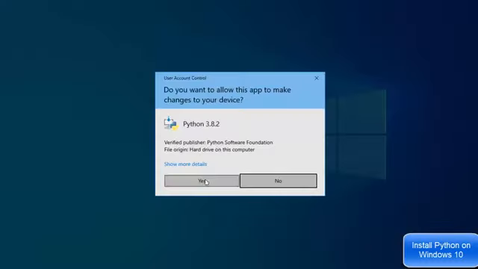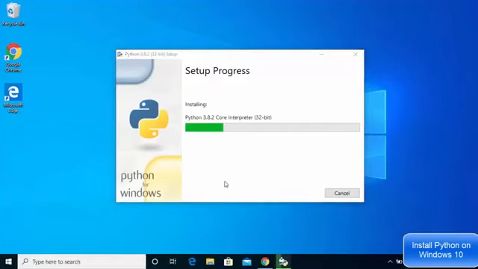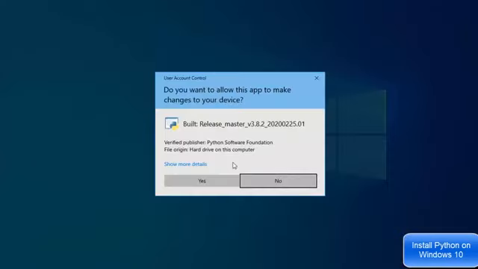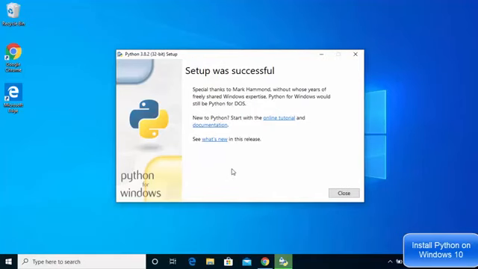Now in the next step, I'm going to just click on yes here, which is going to start the installation of Python on your Windows operating system. So the installation process is pretty straightforward. You just need to wait for the installation to complete. And after some time, I can see this message which says setup was successful. And I can see this warning also which says disable path length limit. I can just click on this option also here and then click on yes, which is going to just disable that option. And now our installation is finished. So I'm going to just click on close button here.